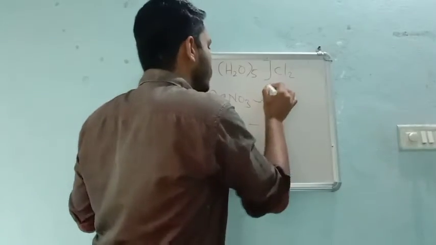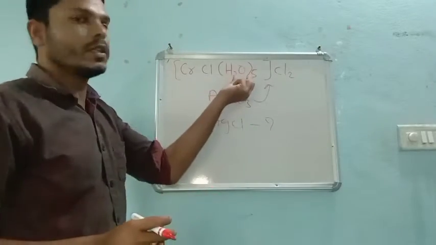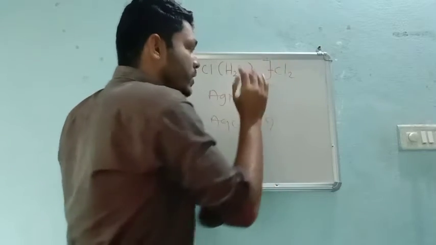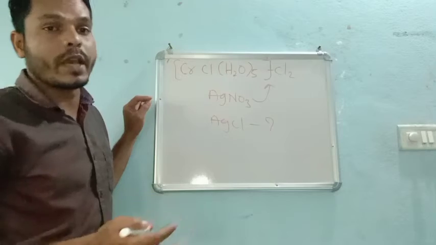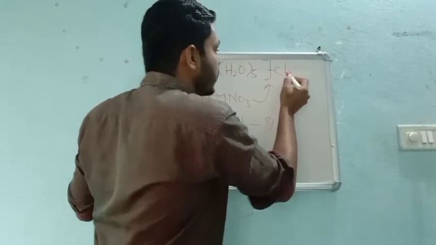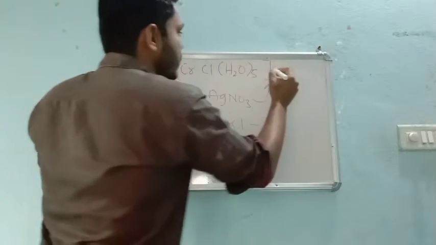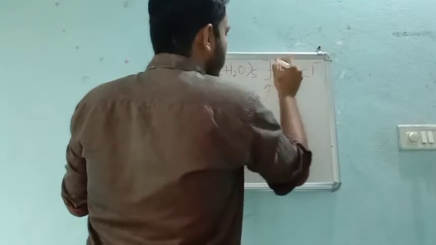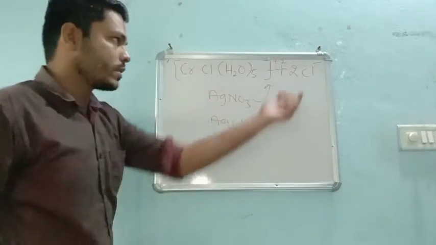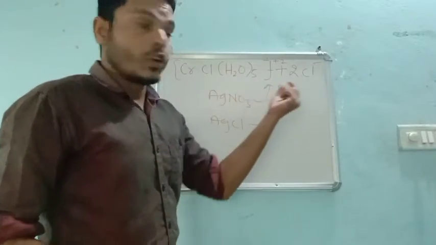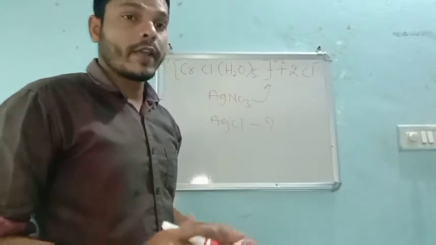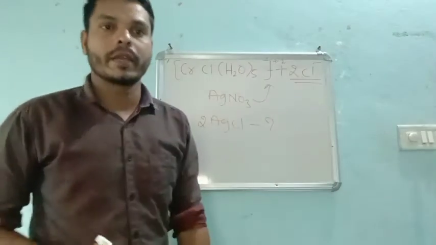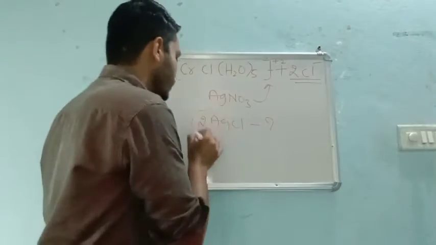We are adding this compound to this complex, right? Now Ag reacts with the element which can break down, or which will undergo ionization. So how many Cl will break down? If I write the ionization form of this complex, there are 2 Cl minus, or else 2 plus, right? So 2 moles of Cl are ionizing. That means how many moles of AgCl will be liberated? 2 moles of AgCl will be liberated. So the answer will be 2 moles.